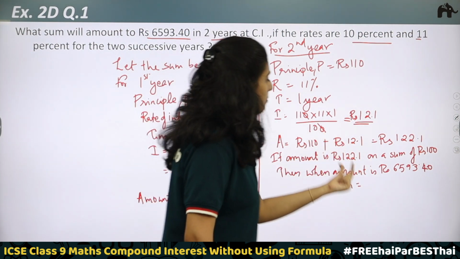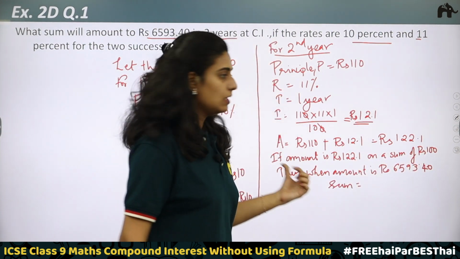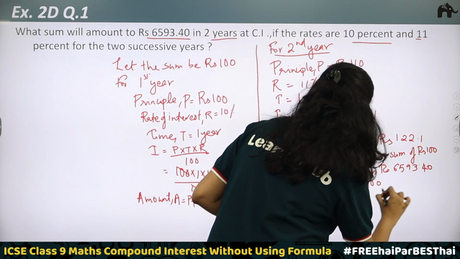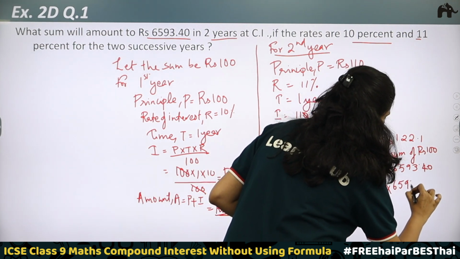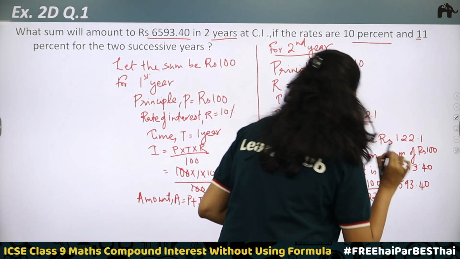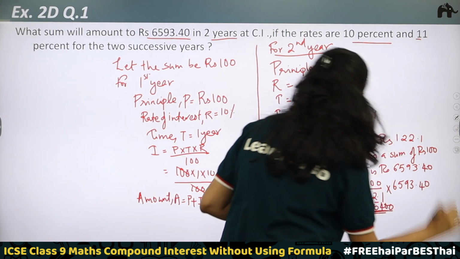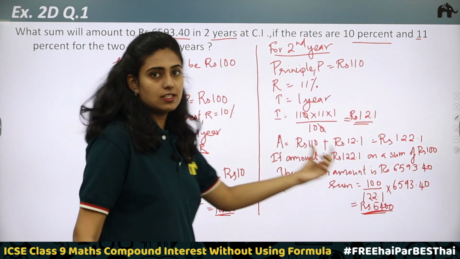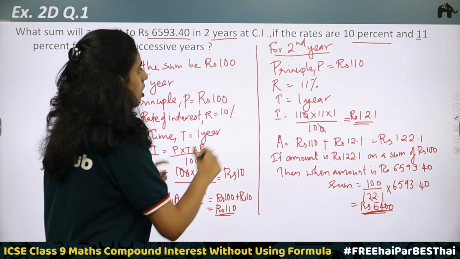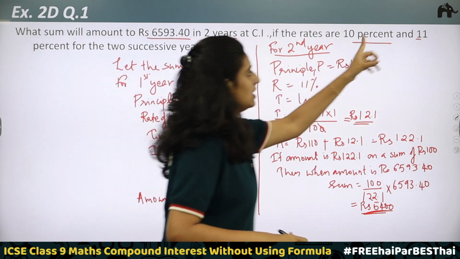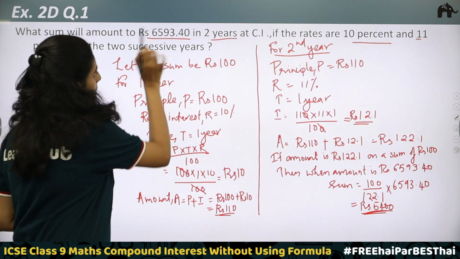Now, if the amount is rupees 6593.40, then sum will be equal to 100 divided by 122.1 into 6593.40. So, when you calculate this, you will get rupees 5400. So, this is your final answer. Rupees 5400 is the sum. If the sum is rupees 5400, then when you find the compound interest for 2 years with 10% for first year and 11% for second year, you will be getting an amount of